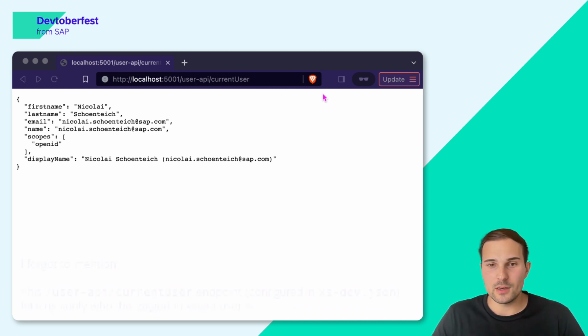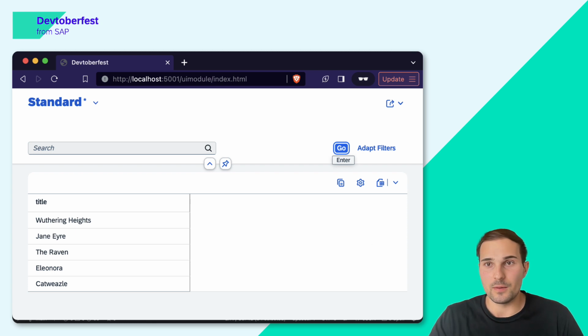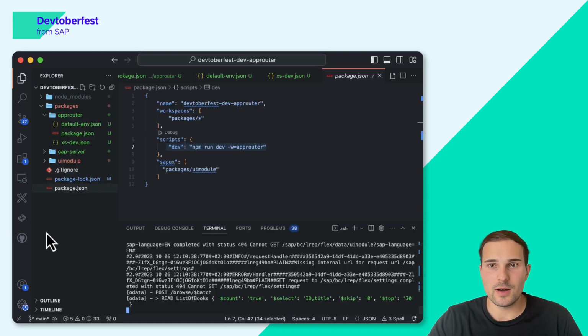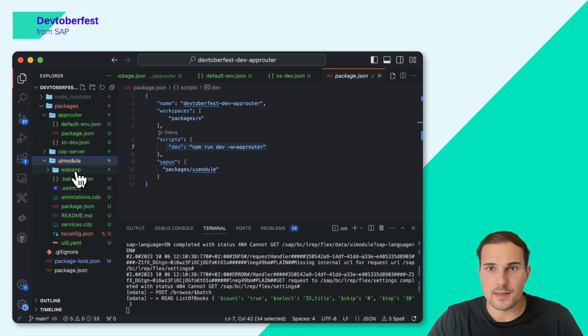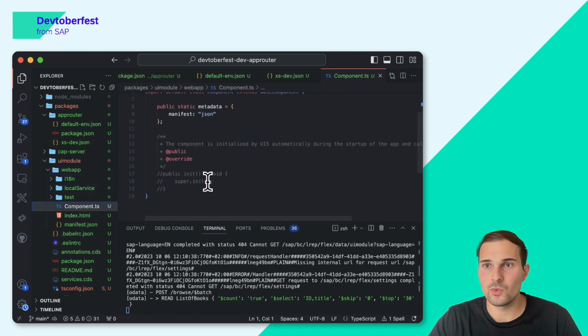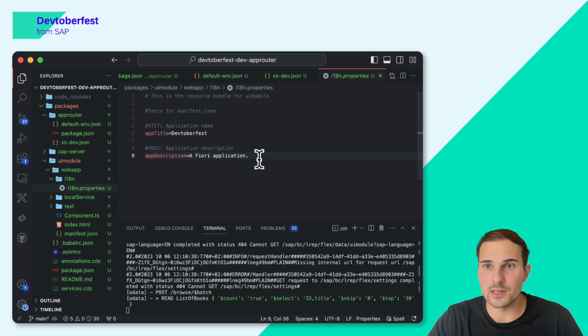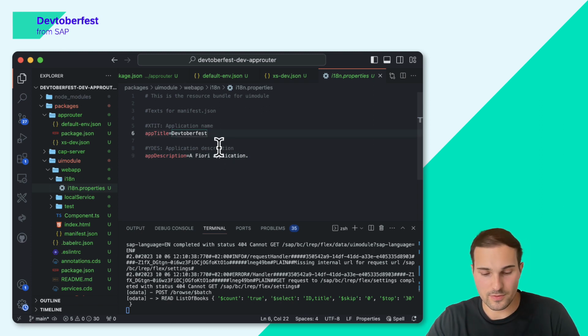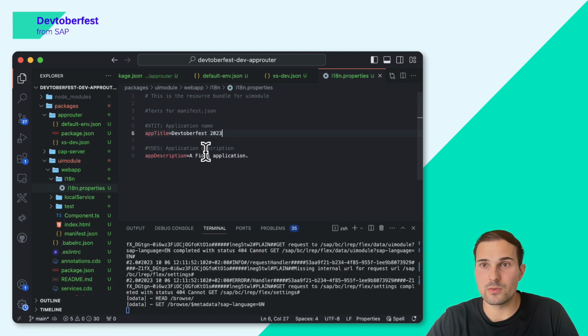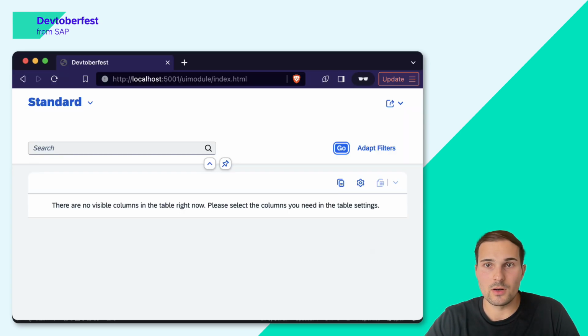But before we close out, I have some other things that I wanted to show you. So the live reload, for example, for the UI5 app also works. So let's say we go into the UI5 app, and in the web app, let's find anything that we can change here. So Devtoberfest, let's change the title to Devtoberfest 2023. And if we go,